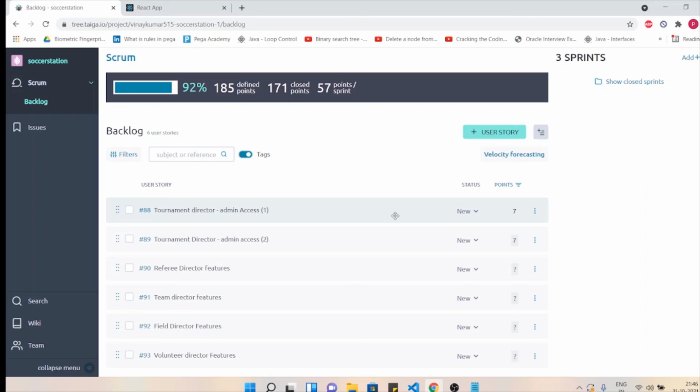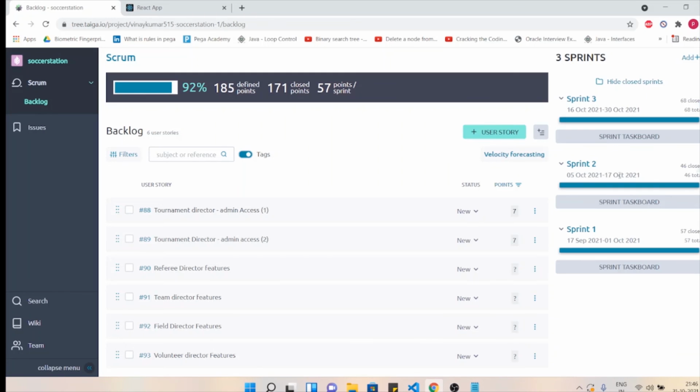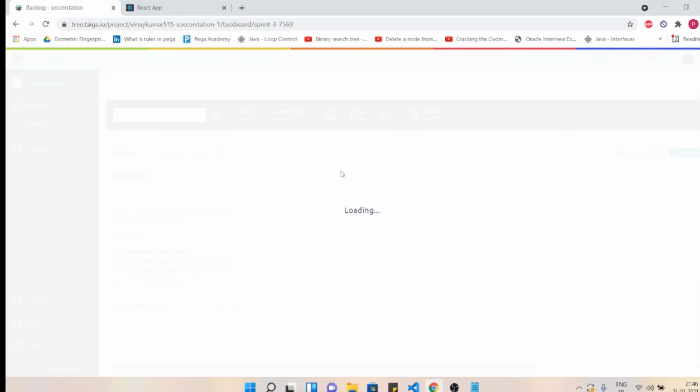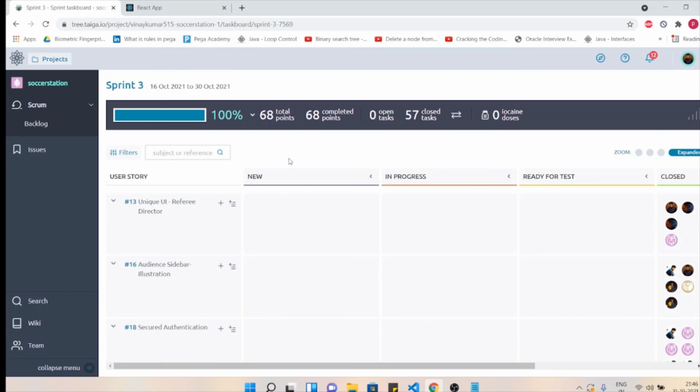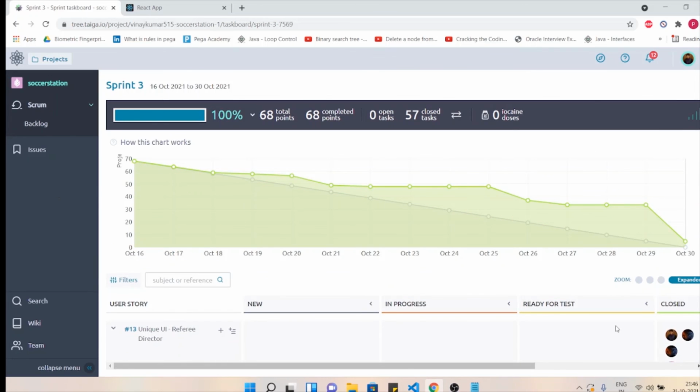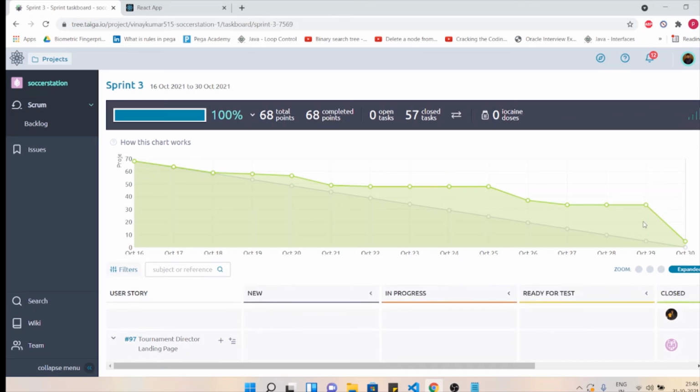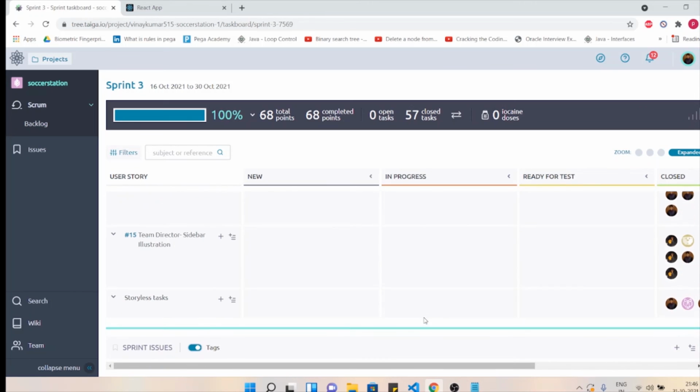We will be implementing all the features in the upcoming sprint. These are our 3 sprints, and we've successfully completed our sprint 3. This is our burn down chart, and all of our tasks have been successfully closed.